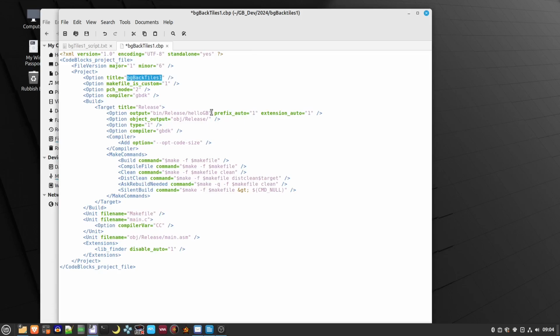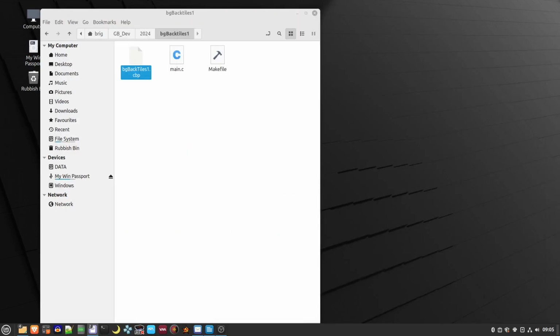And then copy and replace that there. If there's any links here to folders as well, then it's worth looking at that and replacing it as well. Now we've done that, we can minimize that. Now we should be able to open it up in Code::Blocks as a new project. So double click that,